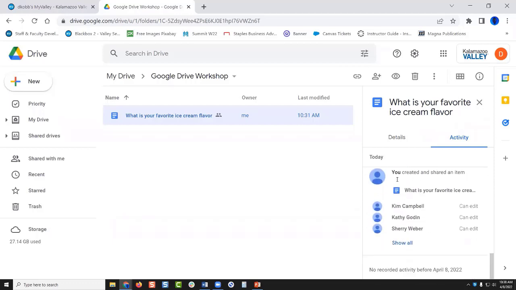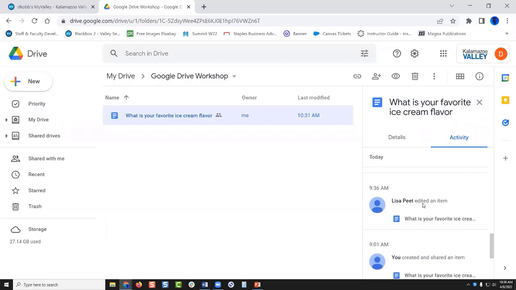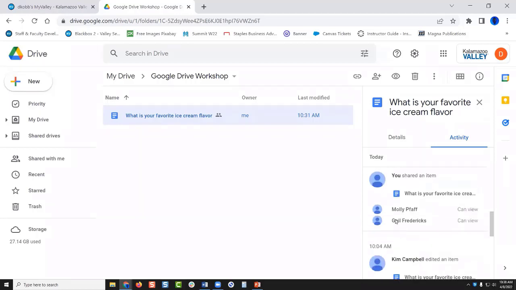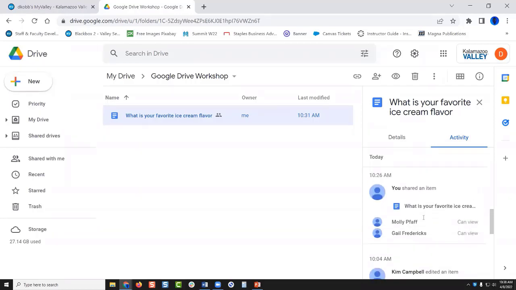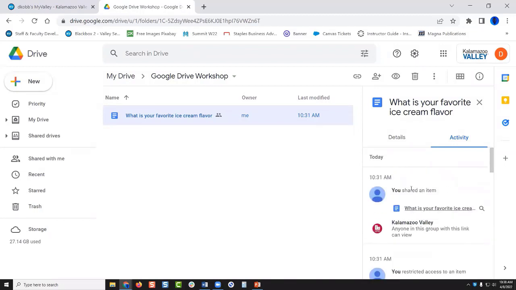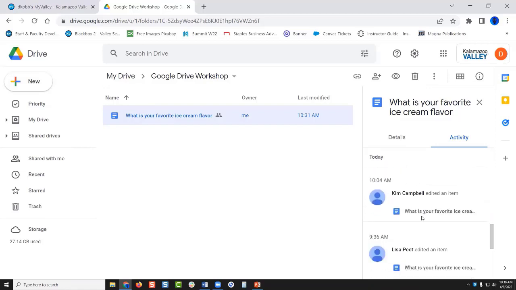So I can see today I created this item and I shared it to individuals, and I scroll up a bit and I see that at 9:36, Lisa edited the item. And I can see later on, Kim edited it. And I can see I shared it with Molly and Gail, which we saw in this workshop. So you can see a track of the changes that have been made, as well as what day and time those have been made, which can come in handy.